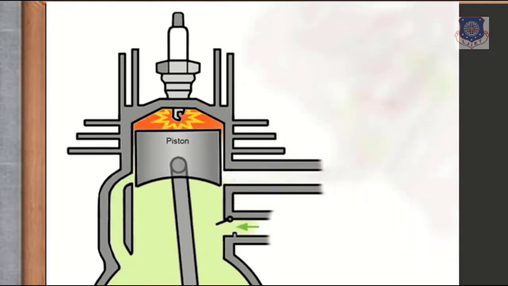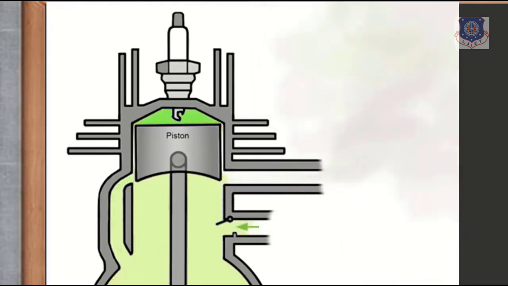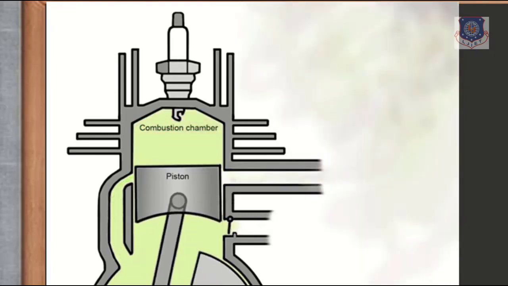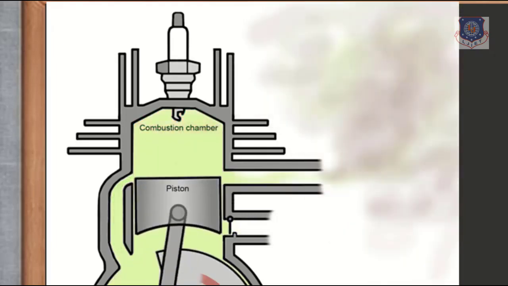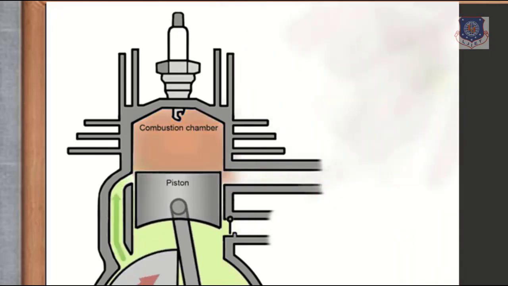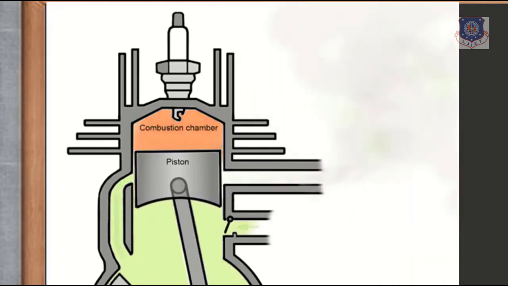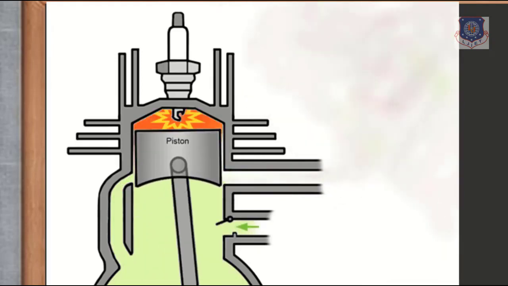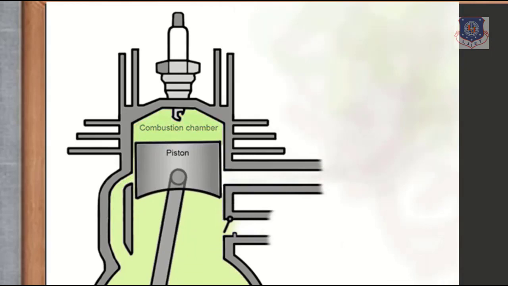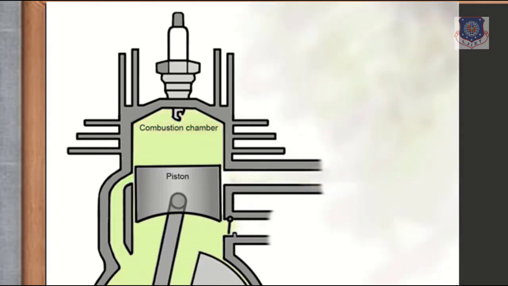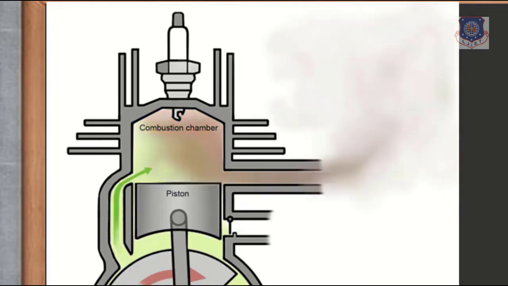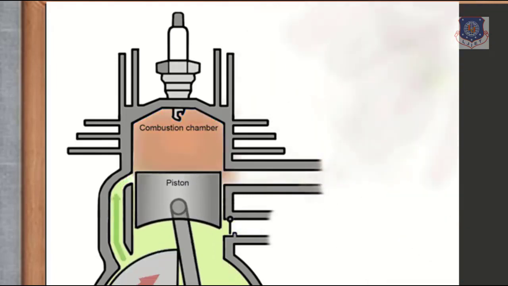Now what is happening in compression? Now see clearly. When the piston is going upside, it is called the compression stroke. Fine. Now let's see together. See, it is moving upwards. See, it is moving upwards. See, it is moving from BDC to TDC. Fine. So when the piston is moving upwards like this, first what will be happening? The piston is covering the transfer port first, and thereafter it will be covering the exhaust port.